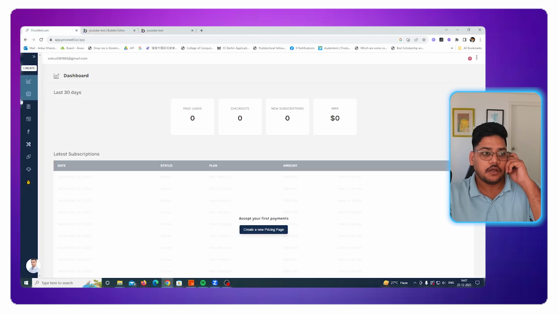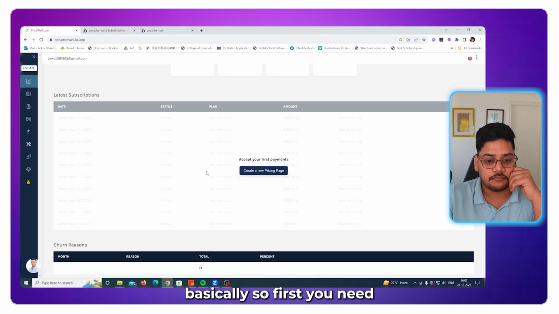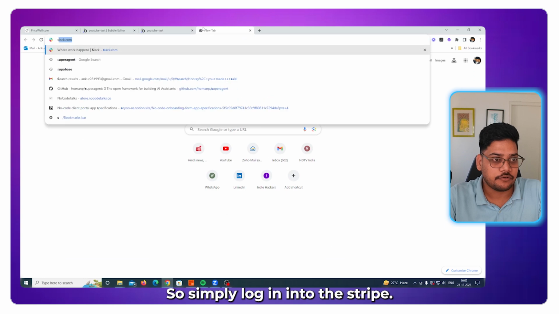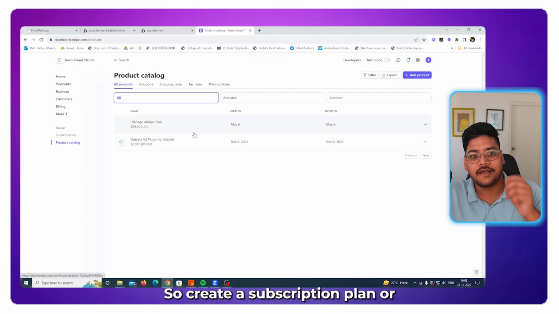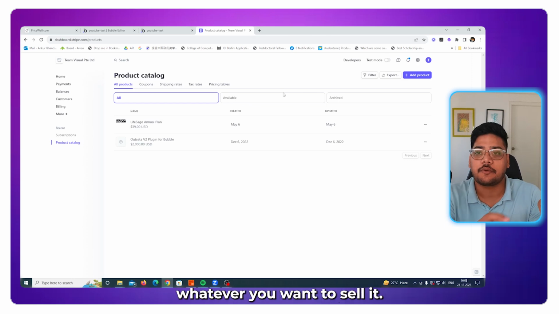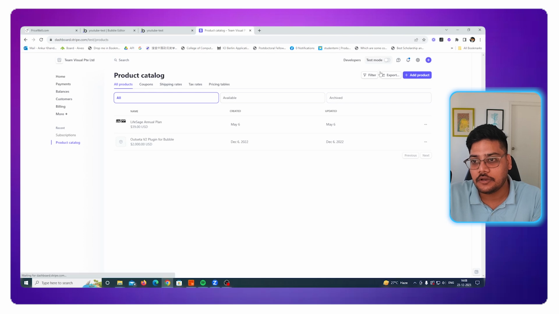Perfect. Now we are going to create plans, basically. So first you need to create a plan in your Stripe. So simply log in to Stripe. Create a subscription plan or one-time payment plan product, whatever you want to sell. Simply click on this add product and create the product. And